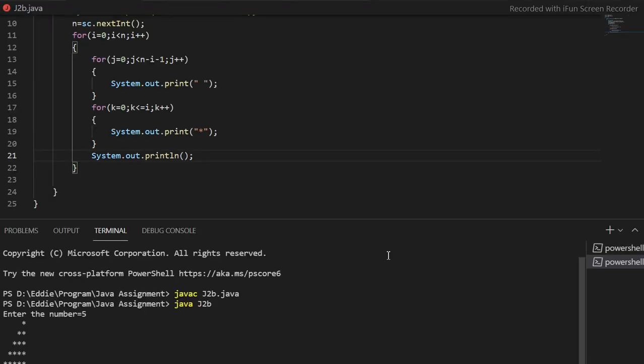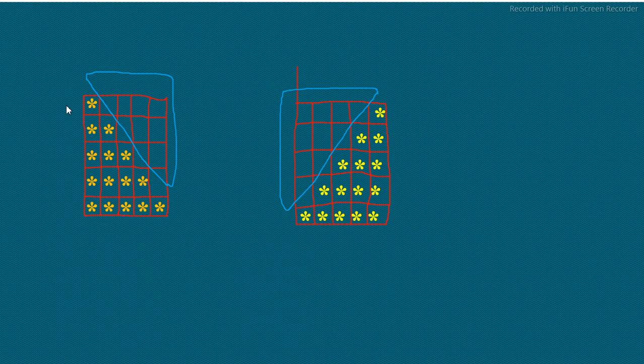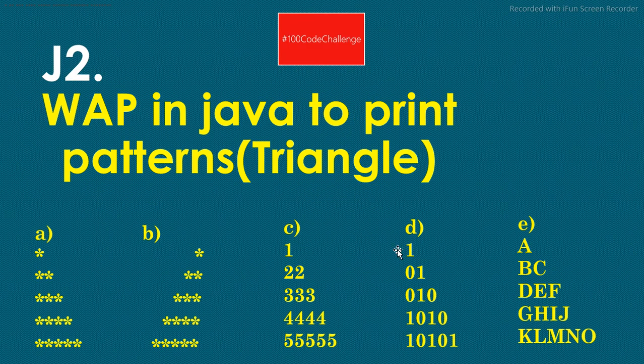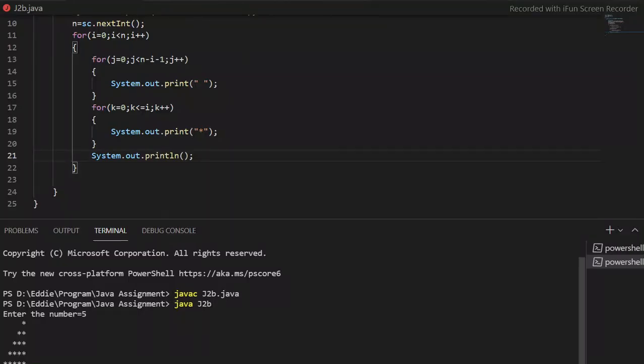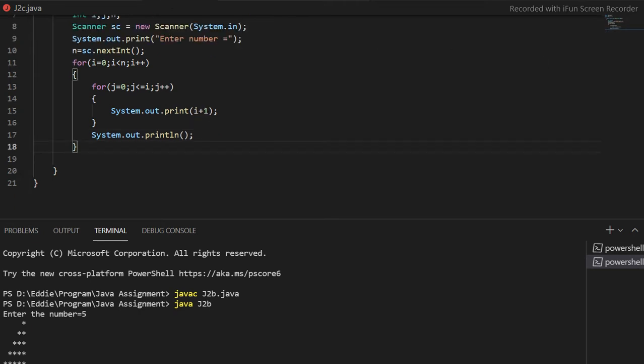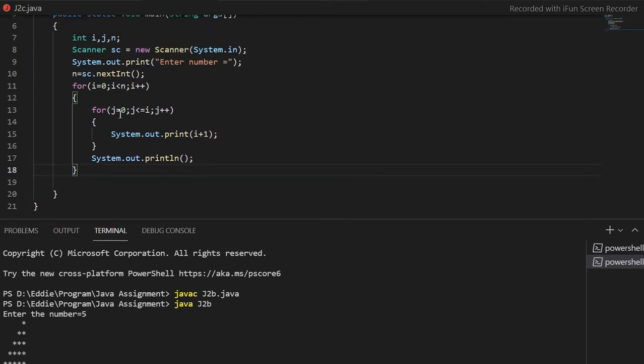Okay, now going for the third, fourth and fifth pattern. Here you see it is a similar pattern. A and C are similar patterns. Just think about how, in the first row you are printing 1, in the second row you are printing 2, in the third row only 3, and only 4, and only 5. So what to do? Just think about that. In the third, I have already written my code. So here what we are doing, the iteration is the same. Okay, just you have to print i.